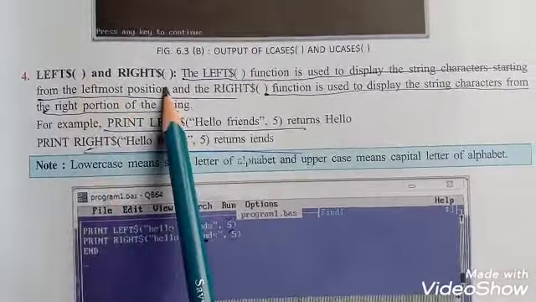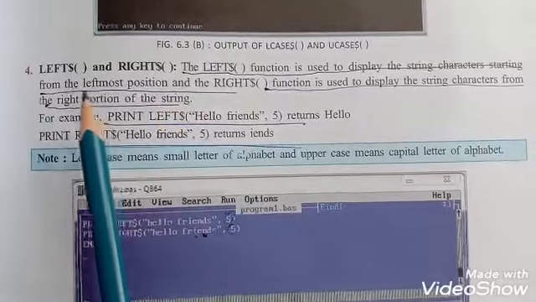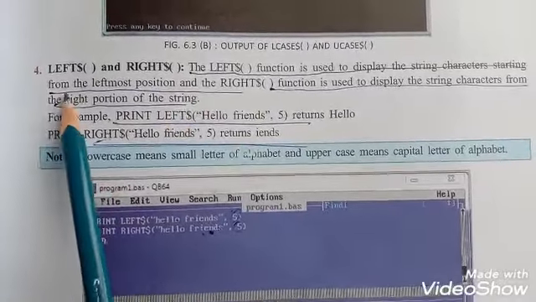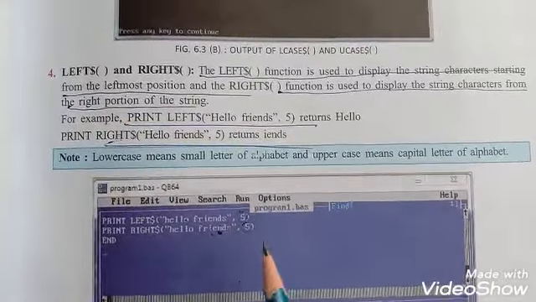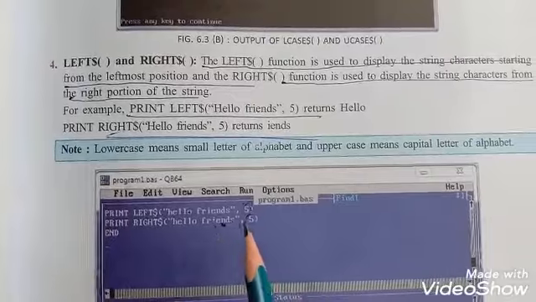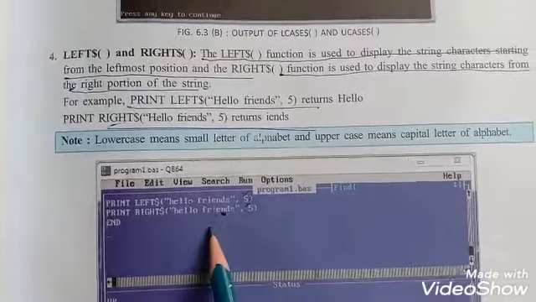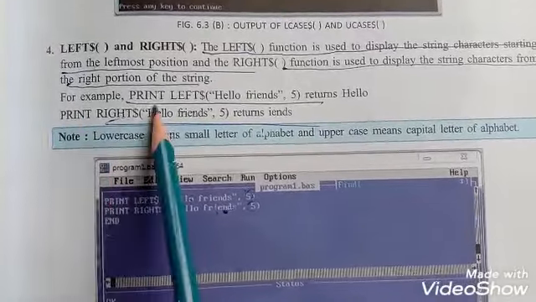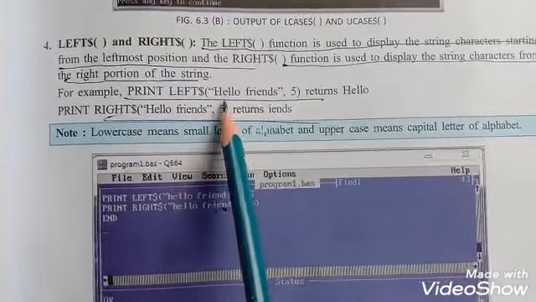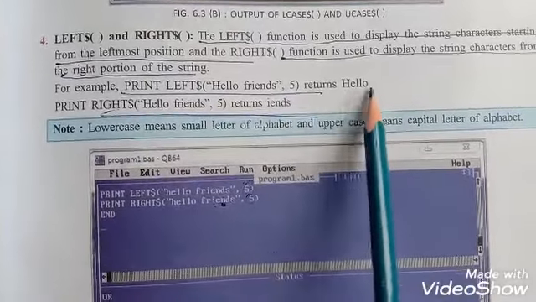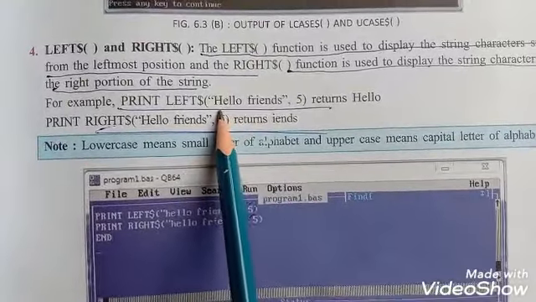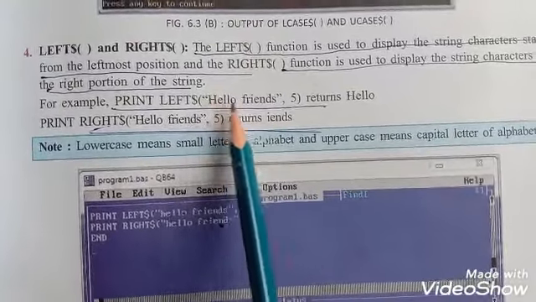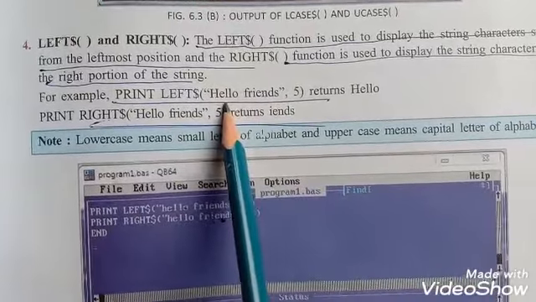Left and right function. The left function is used to display the string characters starting from the leftmost position, and the right function is used to display the string characters from the right portion of the string. For example, print left hello friends 5 returns hello, because the left word consists of 5 characters.